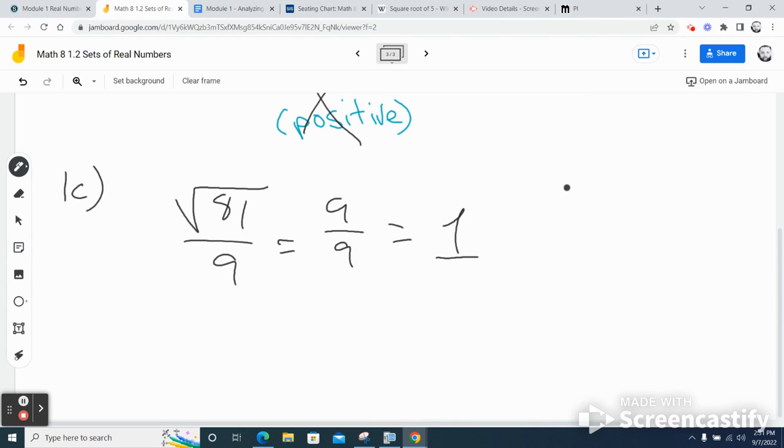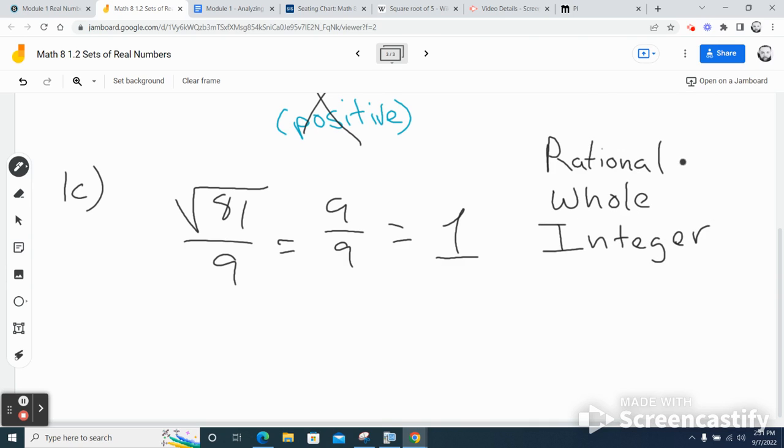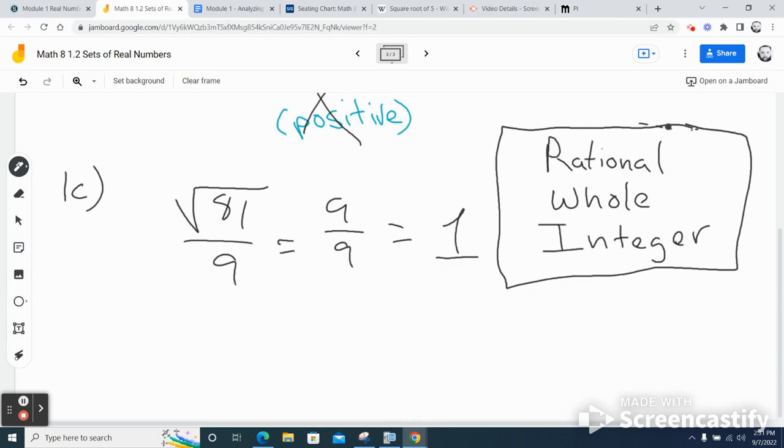So now let's look at the number 1. 1 is a number that is in which set? It's a whole number for sure. Yep, it's rational for sure. What else? There's one more. It's an integer, right? It's a positive integer. So that is a rational number. It is an integer, and it is also